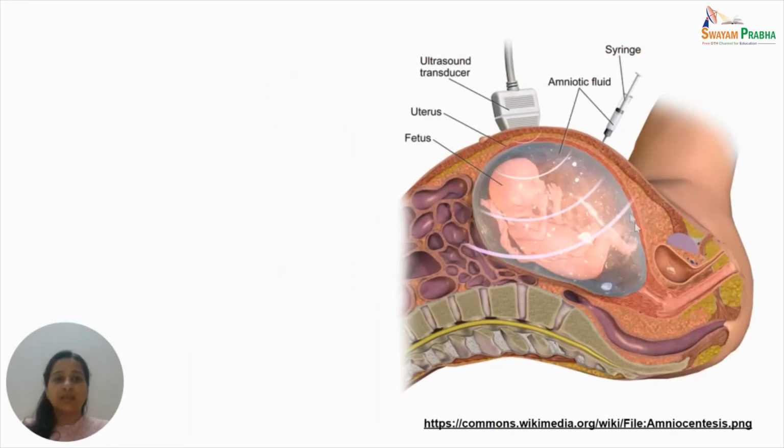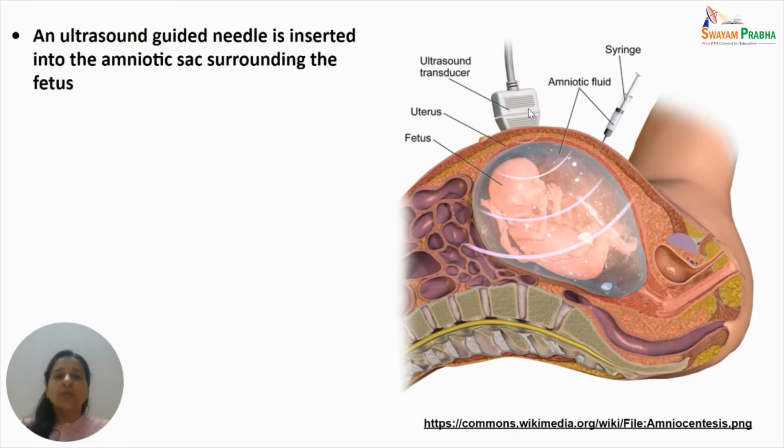As you see in this diagram, this is the fetus which is growing in the amniotic sac, and all around it there is amniotic fluid present. This is the umbilical cord. A syringe is being introduced into the amniotic fluid through the abdomen so as to collect some amniotic fluid into it. And at the same time, the path of this needle is guided with the help of an ultrasound transducer, which is connected to a monitor, which is side by side monitored for the path of the needle that is going around the fetus. So this minimizes any kind of harm or injury to the fetus which is growing inside the amniotic sac.